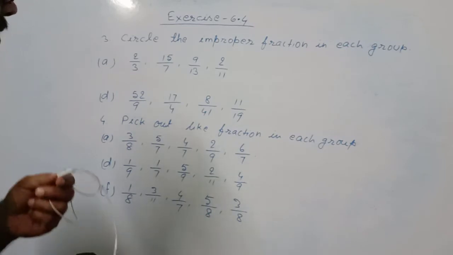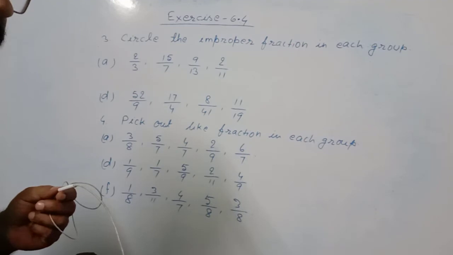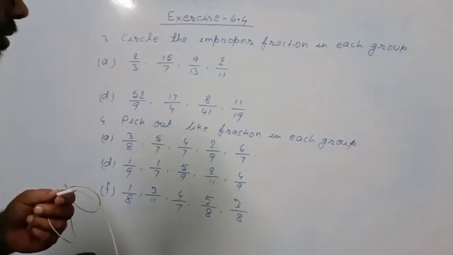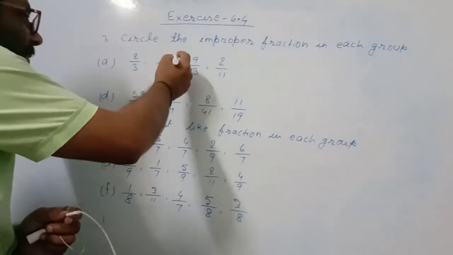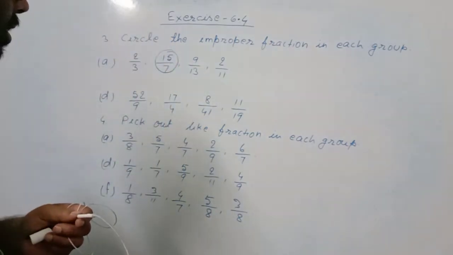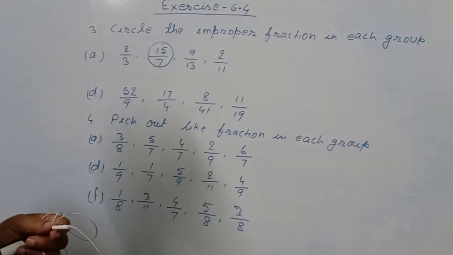Question number 3. Circle the improper fraction in each group. What is this improper fraction? If the numerator is greater than denominator, those are improper fractions. So 15 by 7. 15 is greater than 7, so that is the improper fraction. There is only 1. In question number D,